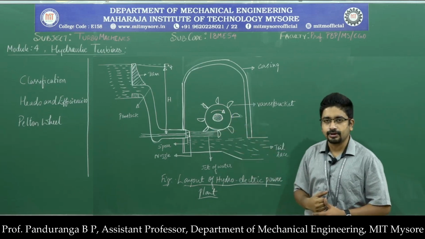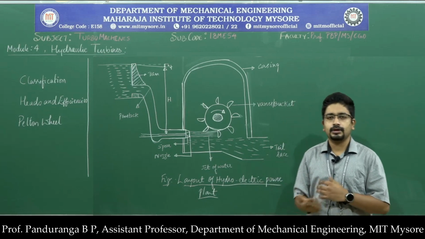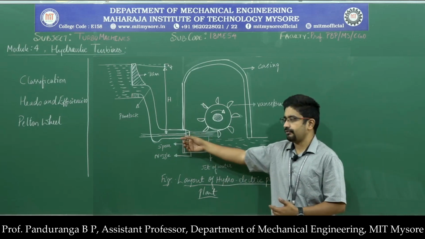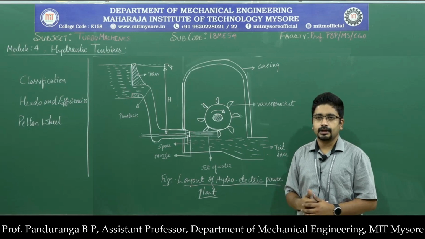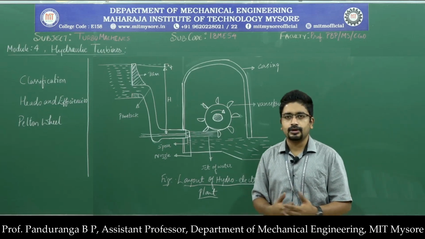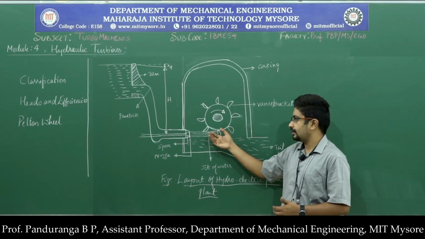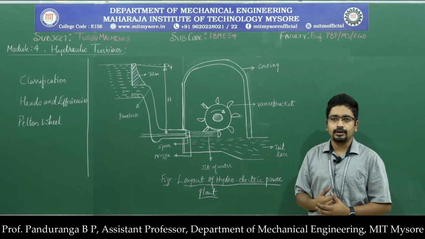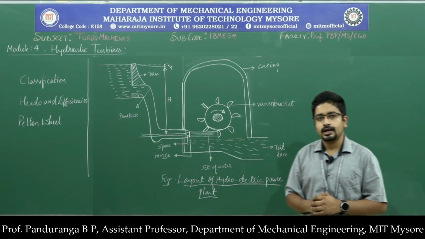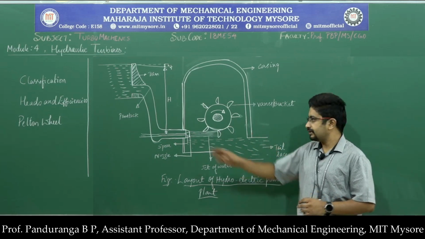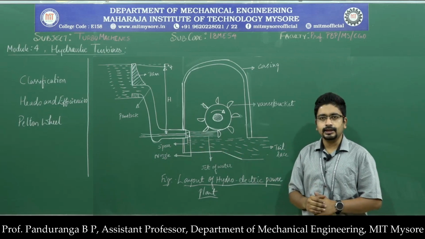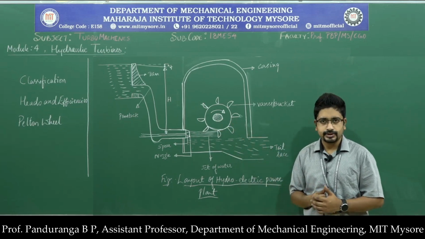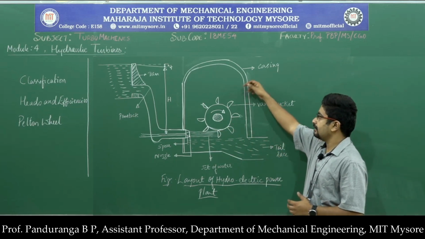Now the Pelton wheel will be rotating at a very high speed, and if you want to increase or reduce the speed depending on the load, we have a spear, and with its help we can easily control the amount of water entering the turbine, thereby controlling its speed. But if you want to stop the turbine entirely, since it rotates at very high speed, if you just stop the water flow, it takes a very long duration to bring the Pelton wheel to rest. So instead of that, what we do is we have